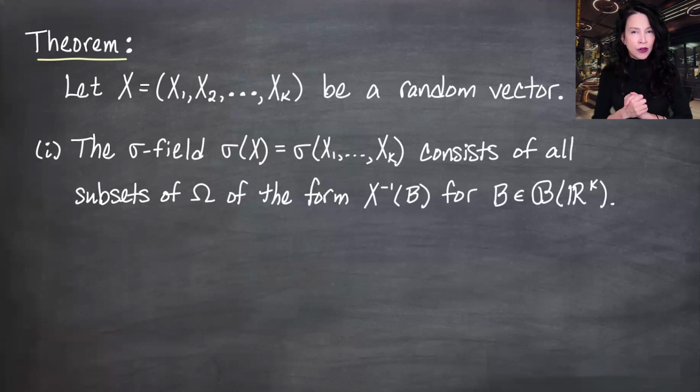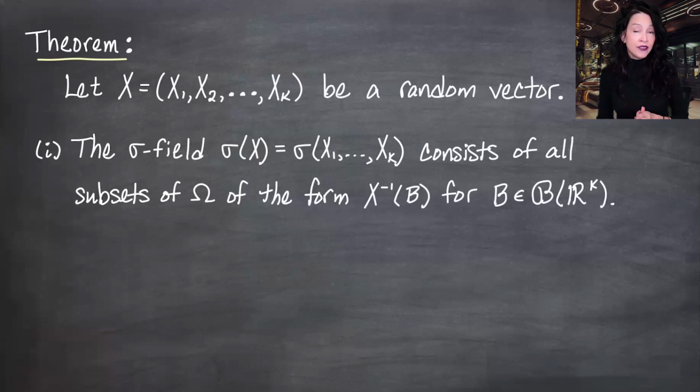But what we don't know is, is that enough to define the sigma field generated by x? Shouldn't I throw in complements or countable unions, things like that? It's going to turn out that that stuff is already taken care of, basically by complements of Borel sets being complements and pulling back, or unions of Borel sets being unions and pulling back. So we already knew that the inverse image of any Borel set needs to be in this sigma of x. That's how it's defined. And we're going to find out now that that's all we need to pull back. We're not going to need to fill that out and turn it into a sigma field.